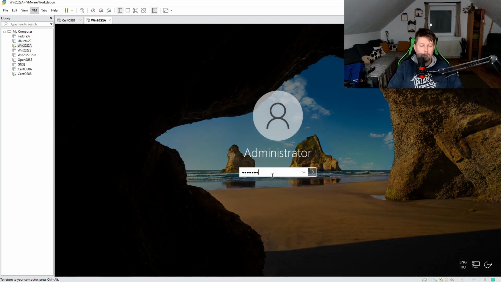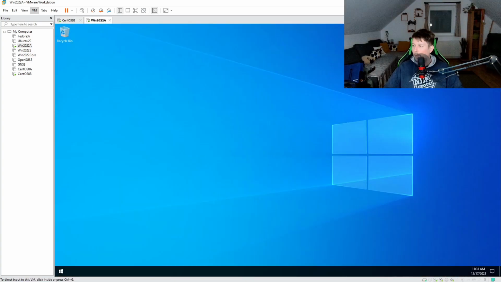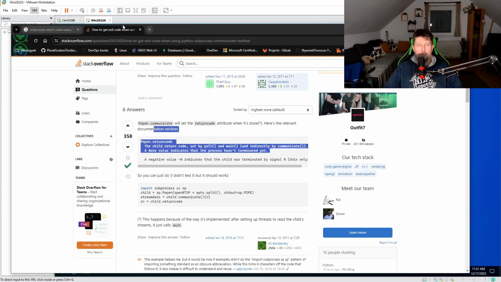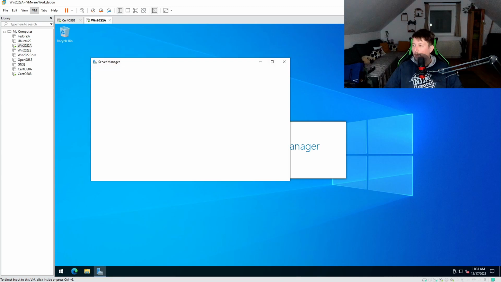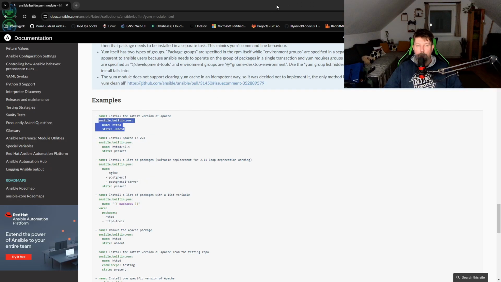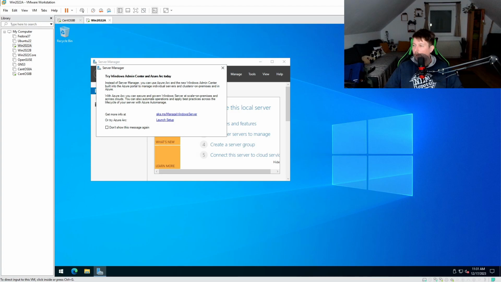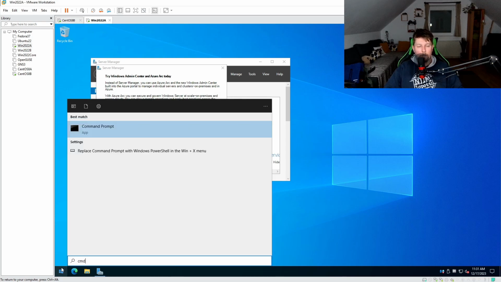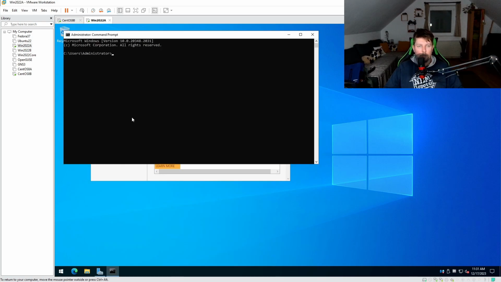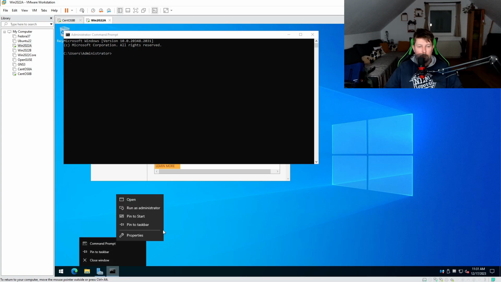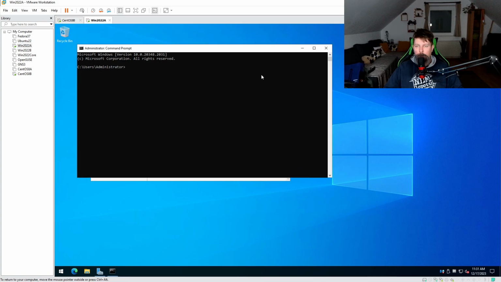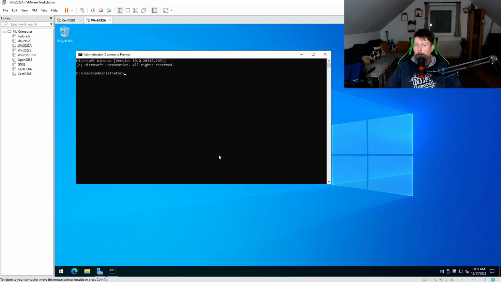So currently I have an administrator user, and what I have to do is to configure basic authentication. In order to do that, I'm going to run the command line as administrator. So right click, run as administrator, and I have to issue a couple of commands. Let's switch to PowerShell,